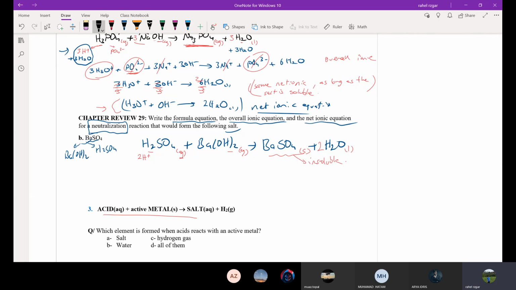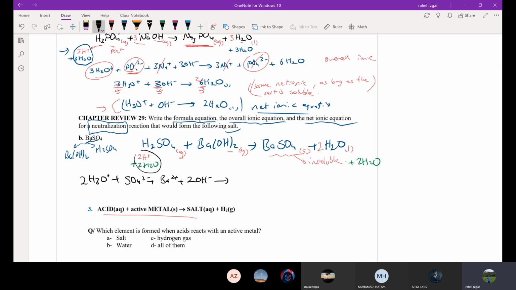So for every hydrogen we need H2O, 2 H2O. If you add 2 H2O to the reactant, you have to add 2 H2O also to the product side. Okay, now let's write the overall ionic equation. This one becomes 2H3O plus SO4 plus Ba plus 2OH